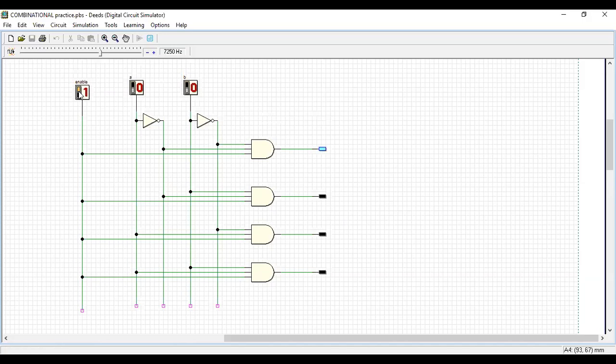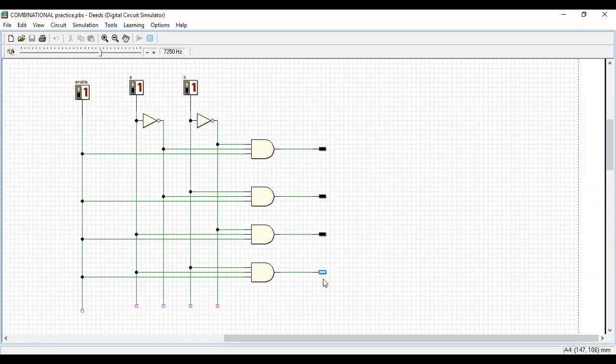Yes, the power switch is on. Now 0 0, D0 is enabled. 0 1, D1 is enabled. 1 0, D2 is enabled. 1 1, D3 is enabled. Got it? It's very simple.